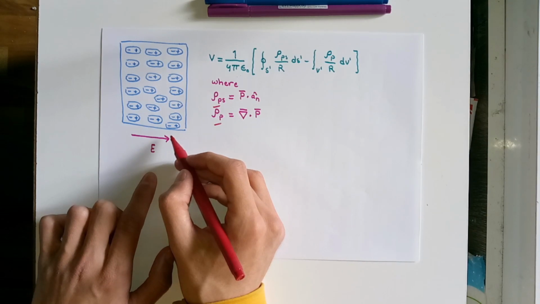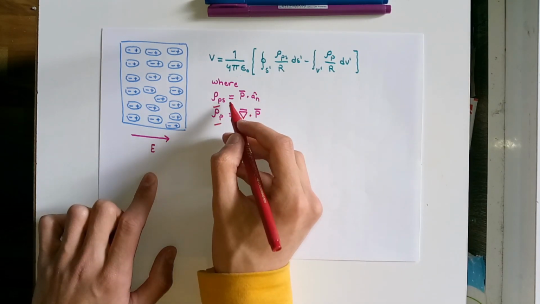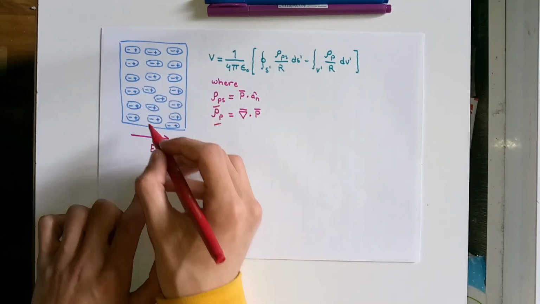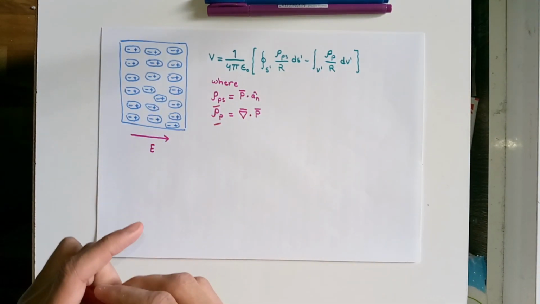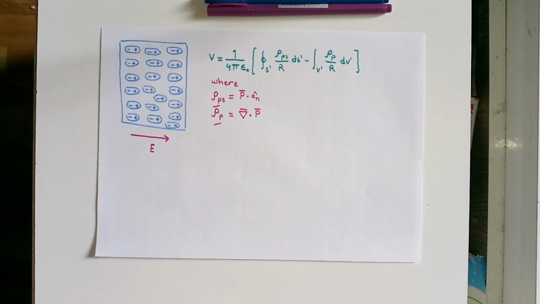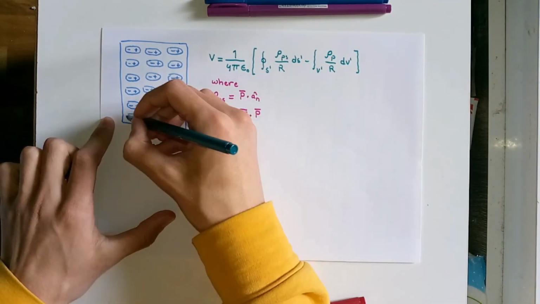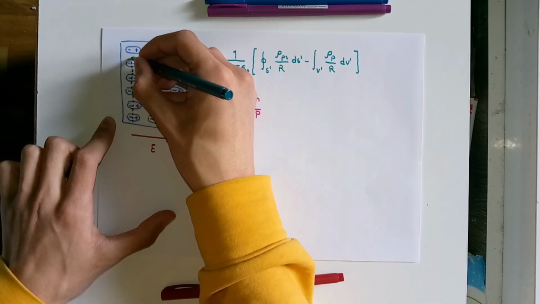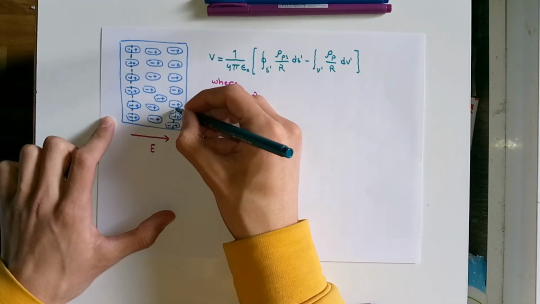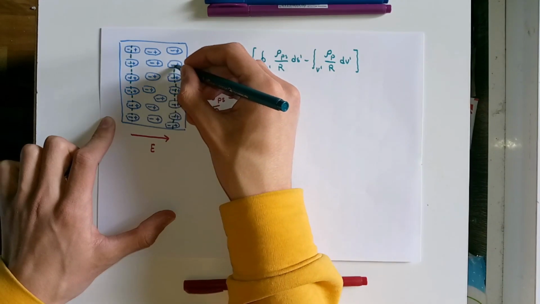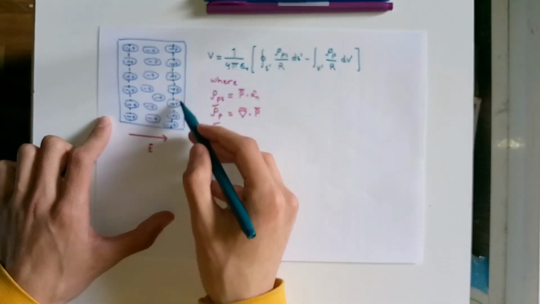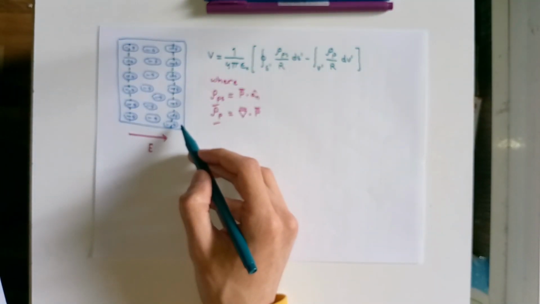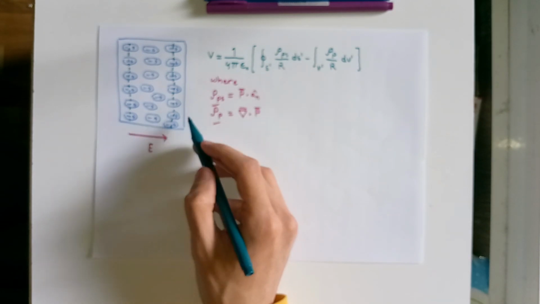Regarding the charge densities, rho sub Ps corresponds to the surface charge density of the single charges that lie on the surface. What I mean by this is that rho sub Ps corresponds only to single charges that exist on the surface,